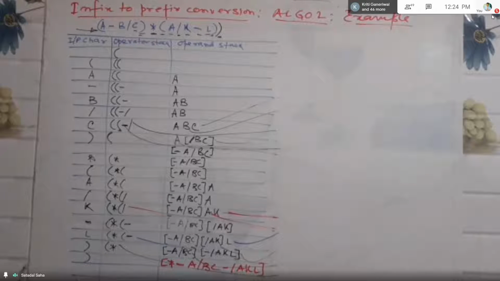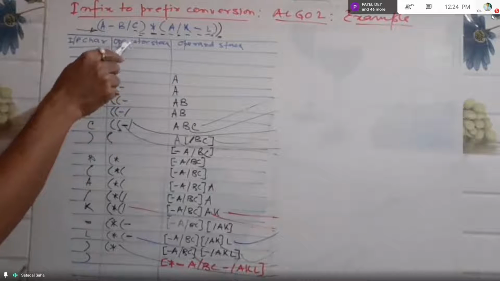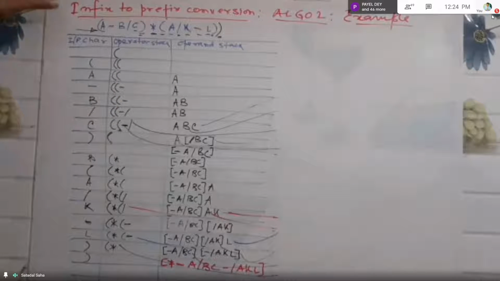In this case, it is a single-step process, but it will be handling two different stacks. One is your operator stack, and another is your operand stack. So again, I just follow these steps one by one. First, we need to put the closing brace at the end of the infix expression, and also we need to put an opening brace in the operator stack. Then we have to scan from left to right, one after the other.